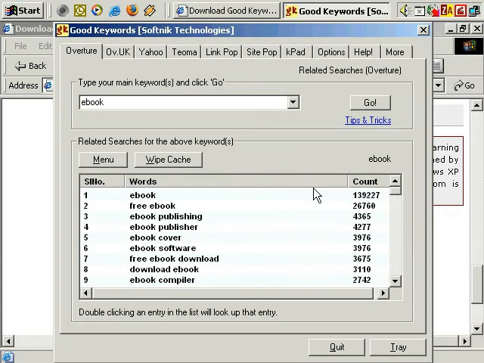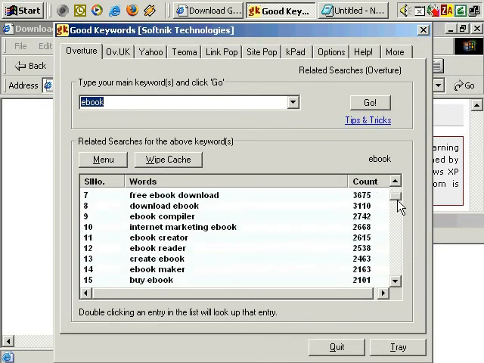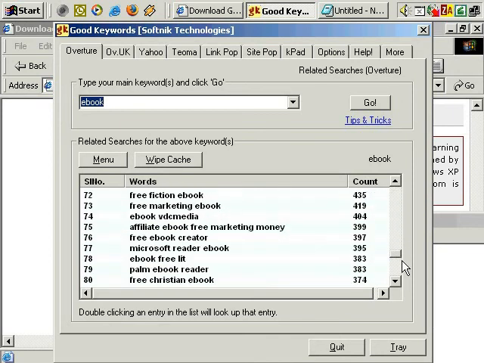And it gives you the count, which generally with Overture, the count is the amount of times this term has been searched the previous month. That's generally what the count means in my experience when you're dealing with Overture figures. And then, when you have your initial related searches, as you can see here, the updated or expanded list of keywords,